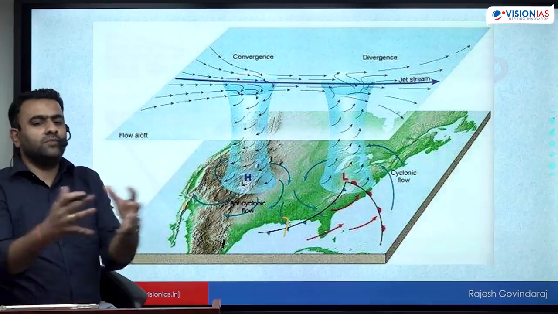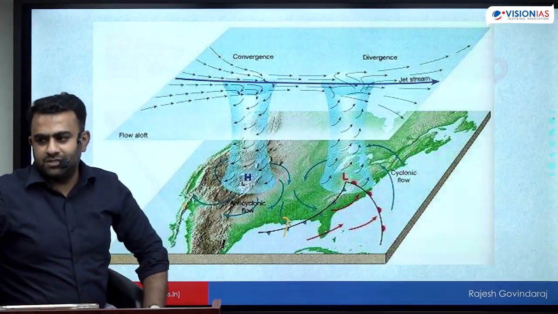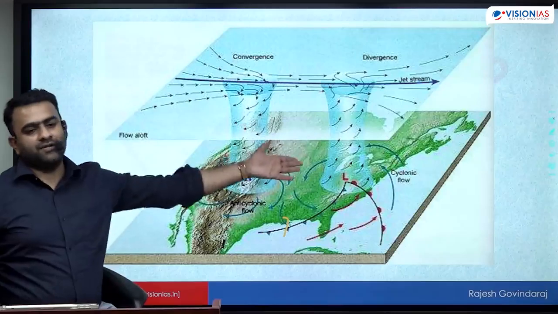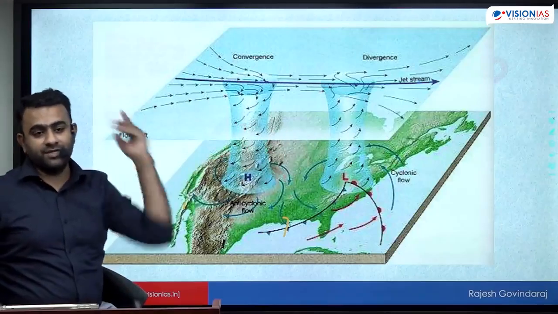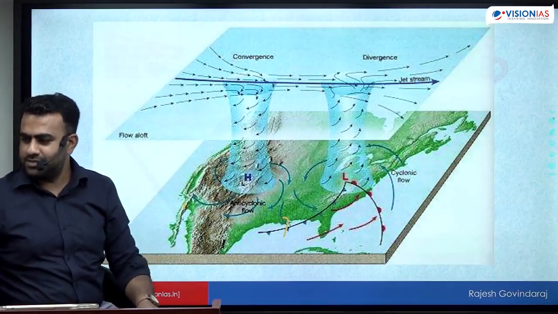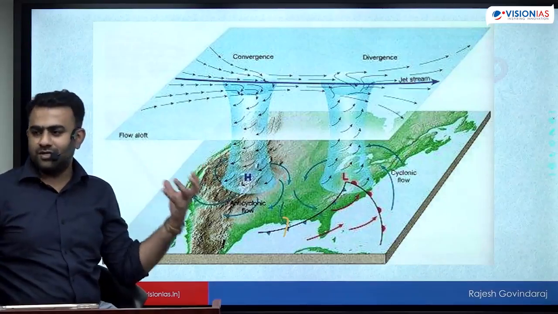And as the air masses come closer to each other, frontogenesis, the formation of fronts, will start. Or if there is already a front, the formation of low pressure will intensify it, causing stronger front formation and stronger movement of air masses. So it's always good. Having a jet stream above is good for these fronts to form very easily.